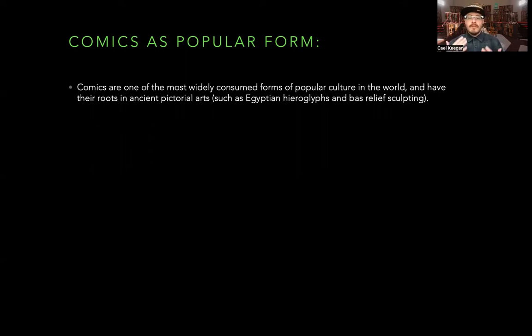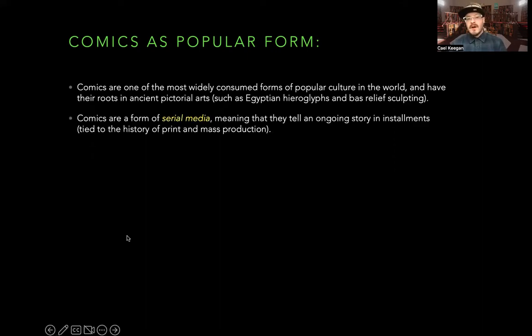Also, a lot of the techniques they use to convey meaning are super old when it comes to human art history. All the way back to things like Egyptian hieroglyphs, bas-relief sculpture that would tell stories in sequential pictures, right? Even the earliest kind of animated cinema is really just sequential pictures sped up fast to trick our eye so that we can't see the gaps, right? So when we think about the illustrated panel of a comic, we are looking at a really old and really essential fundamental form of cultural storytelling through images and print.